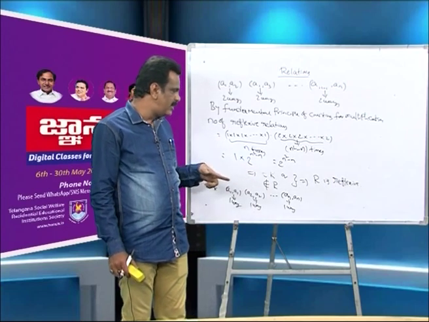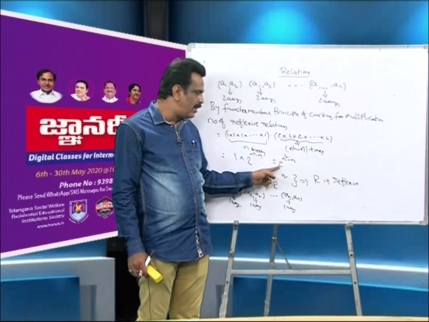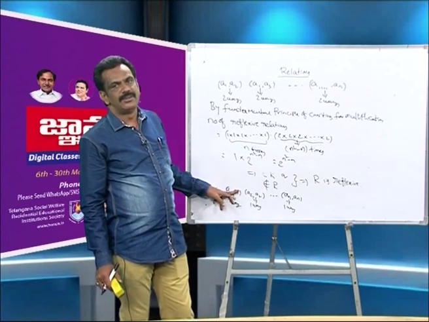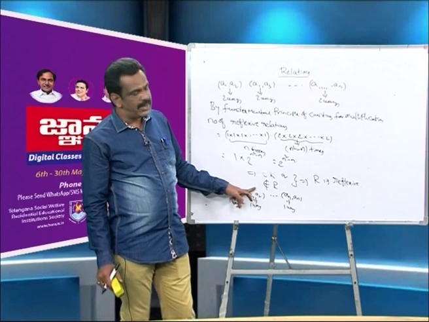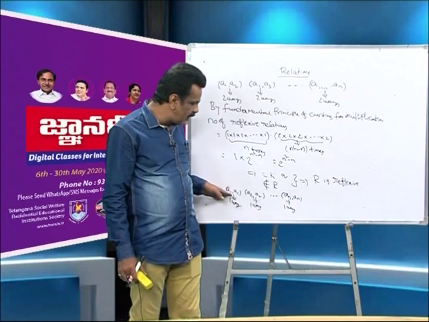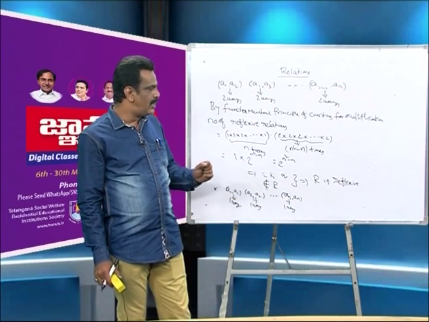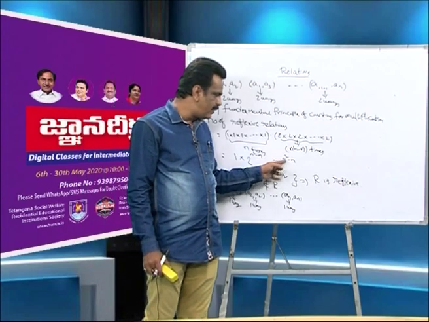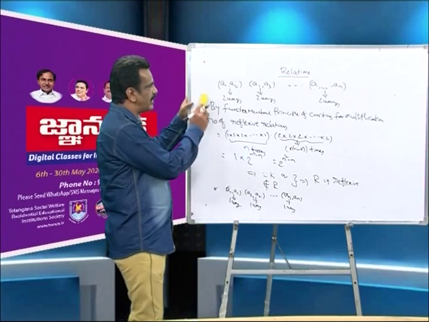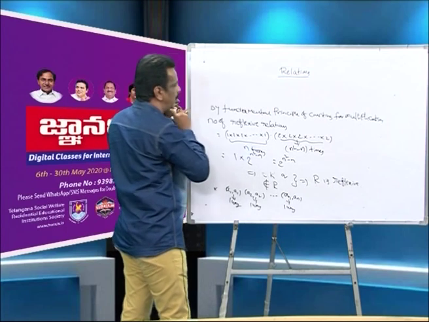Again, let me repeat here. We find in total 2 power n square minus n ways. Among these 2 power n square minus n ways, definitely a1 is present in the relation, a2 is present in the relation, even an comma an is present in the relation. As these n elements are already considered in the relation, we can say the relation is reflexive, and hence among these 2 power n square minus n ways, you will get a reflexive relation only, and hence we can say the number of reflexive relations is found here now.